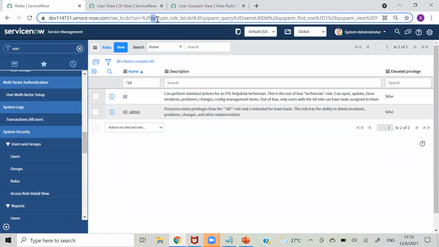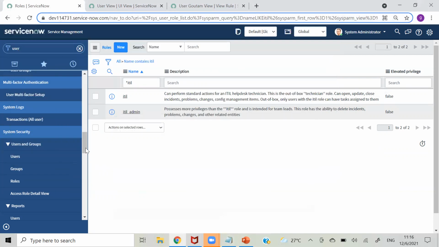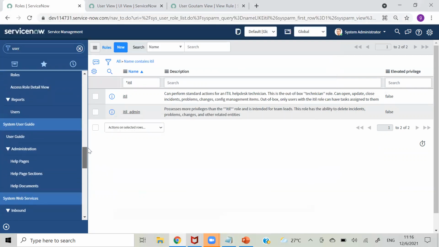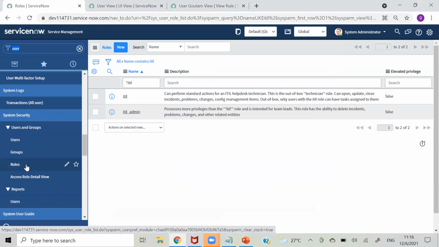So we have that in sys underscore user underscore role. So these are the default tables. Even if you are working in real time, these will be the tables where you will have user records, group, and roles. Okay. And these are the three main tables, and we will have one more table. We will see that when we are adding users, all those things.